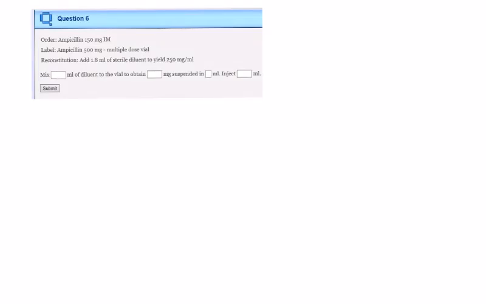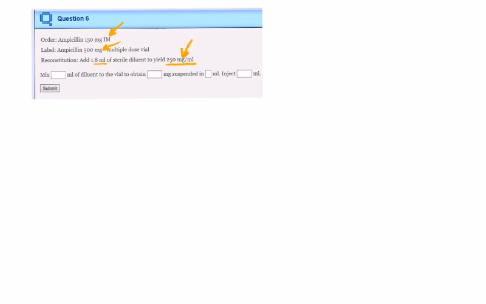So the order here is 150 milligrams. Let's just understand what we have. The label of the drug says there are 500 milligrams of the dry ingredient. That's the full contents of the vial. And the reconstitution instructions say we should add 1.8 mils of water or sterile diluent to yield that concentration, 250